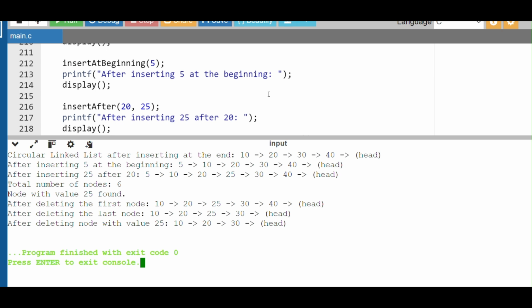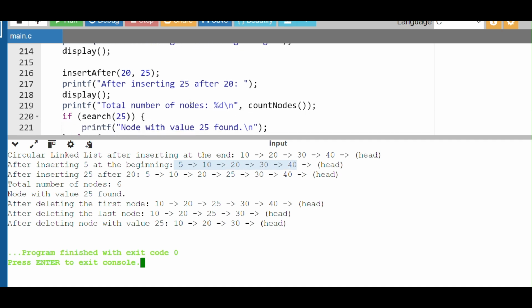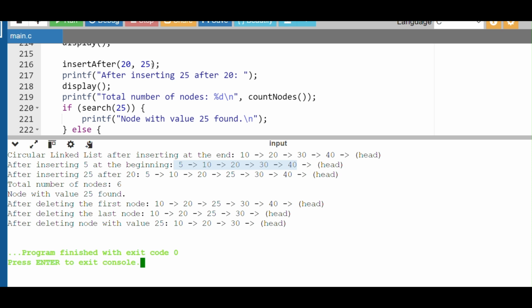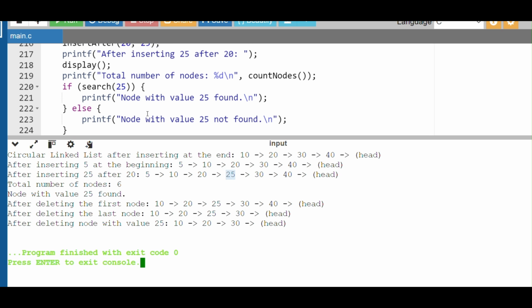Then we inserted a value 5 at the beginning. So this is 5 at the beginning. After that we are inserting 25 after the 20. So we inserted 25 after 20, and then we are counting the number of nodes